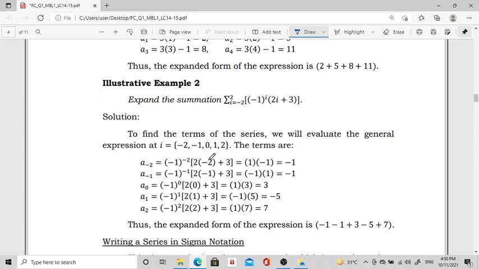So, 2 times negative 2 plus 3. So, gagawin natin yan hanggang sa makuha natin, marating natin si 2. Negative 2, negative 1, 0, 1, and 2. Then, ang makukuha natin na values are negative 1, negative 1, 3, negative 5, 7. Then, we will just express